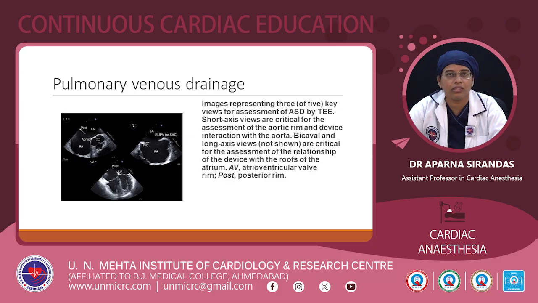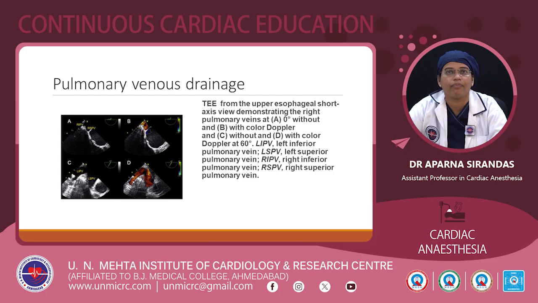So, in this you can see the atrioventricular valve rim, the posterior rim, and the aortic ring in these ABC figures. And the TE view from the upper esophageal short axis view is demonstrating right pulmonary veins at